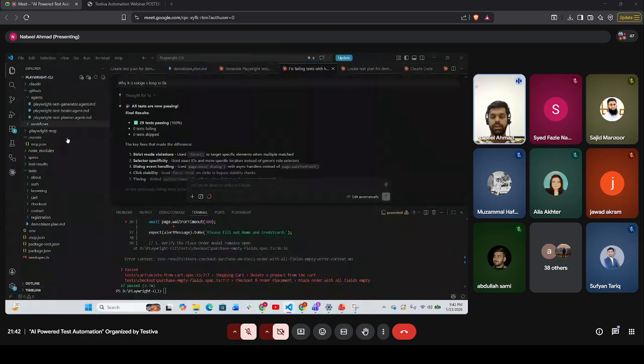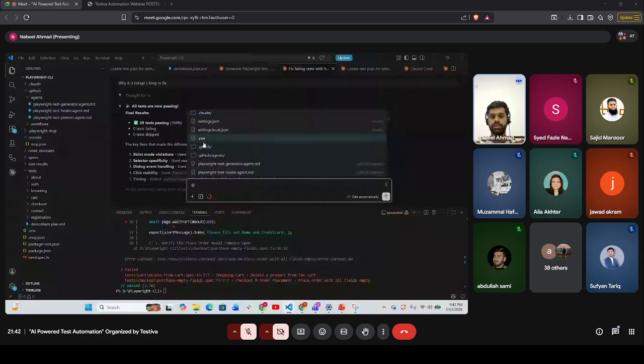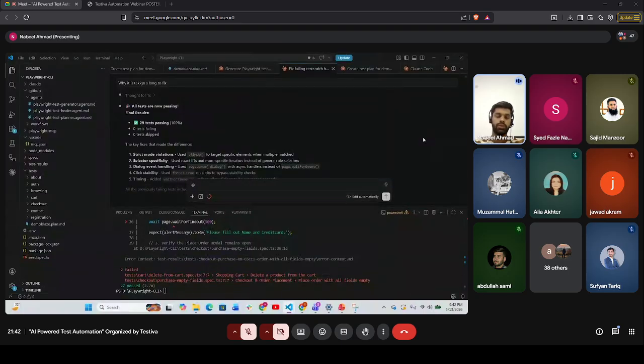And if you want to add context, click here and add context regarding the file you want to use. So Claude inside the editor will use it and perform the task you are asking it to do. So this is quite simple as well.